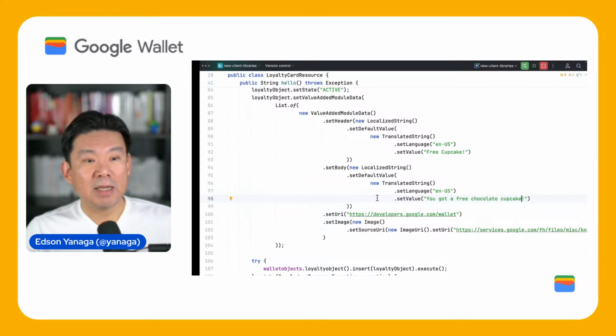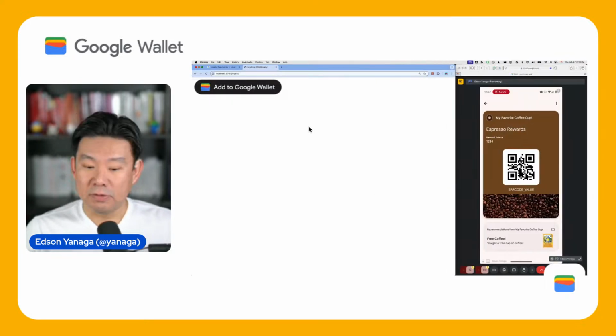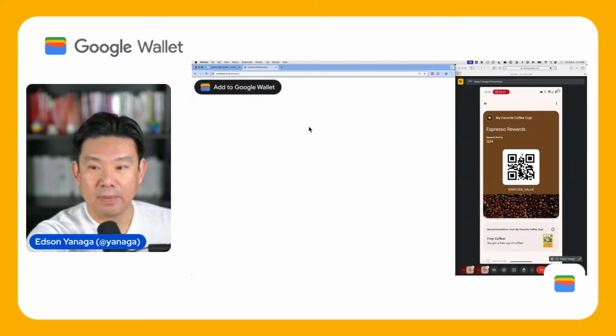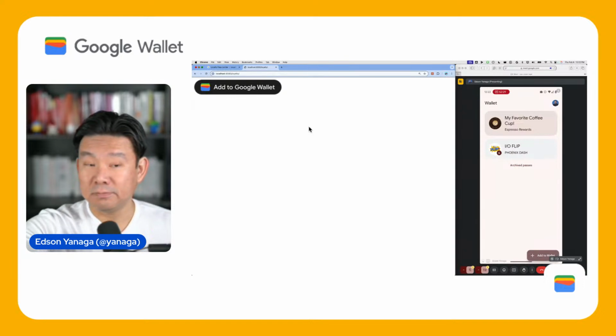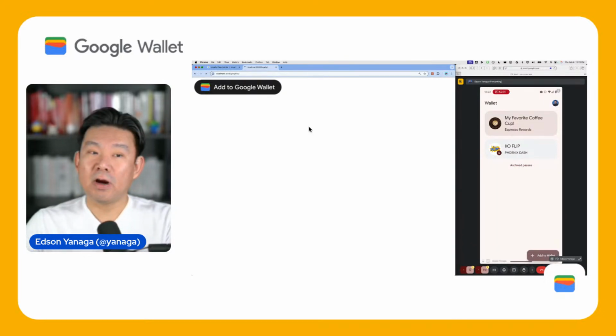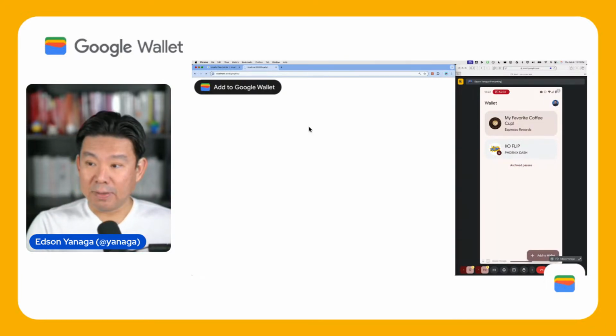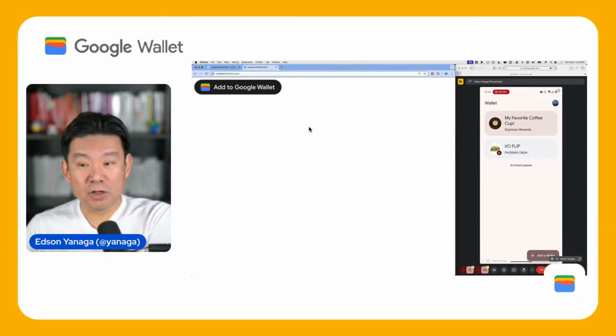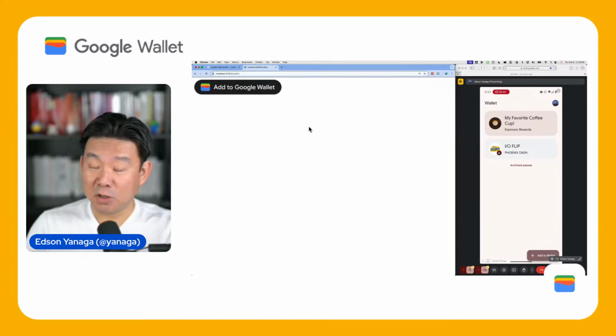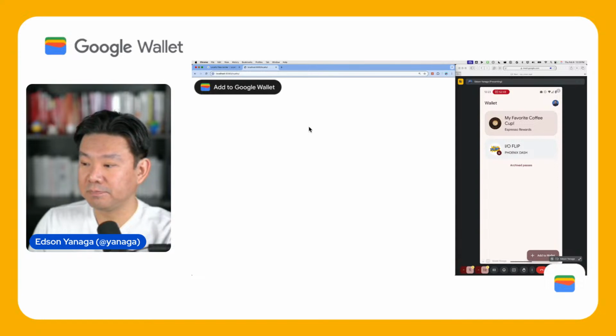And I'm going to go back here to the browser. I'm going to refresh. Go back here to the phone. Refresh the URL. It's connecting to the Google Wallet API. It's updating my object, and in a few seconds my loyalty card is going to be refreshed. It's going to be updated on my phone as well with the new offer. So when I tap now on my loyalty card in my phone,